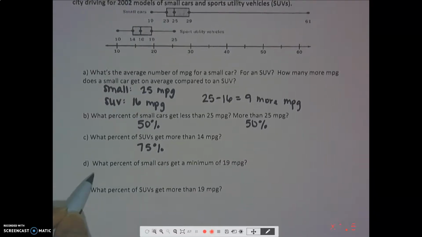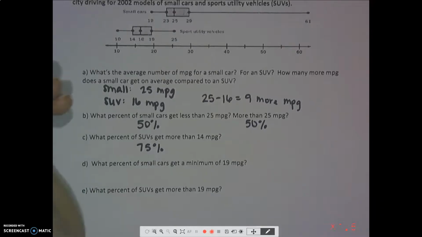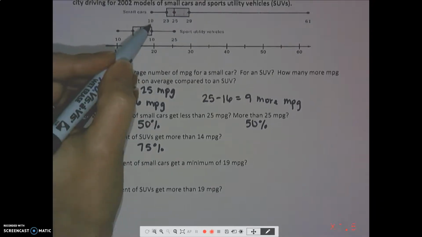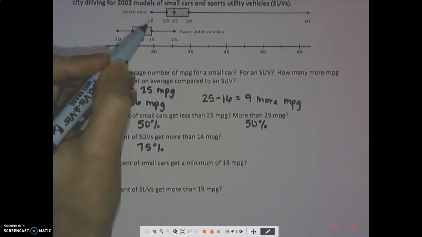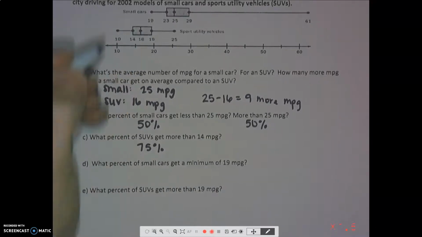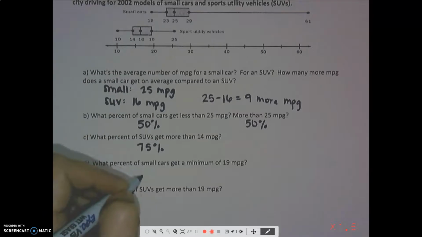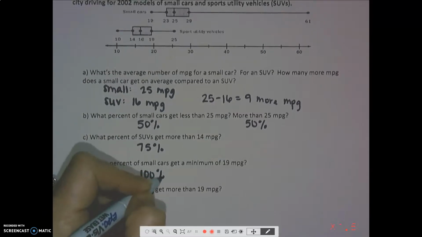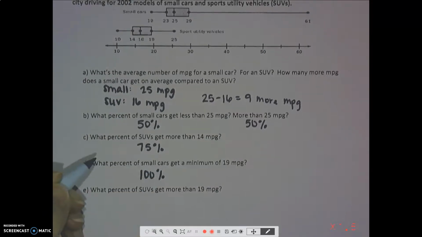What percentage of small cars get a minimum of 19? So small cars, minimum of 19. That means that I want anything that's over 19. Well, the minimum is 19. That means that 100% of the small cars got 19 miles per gallon or more as